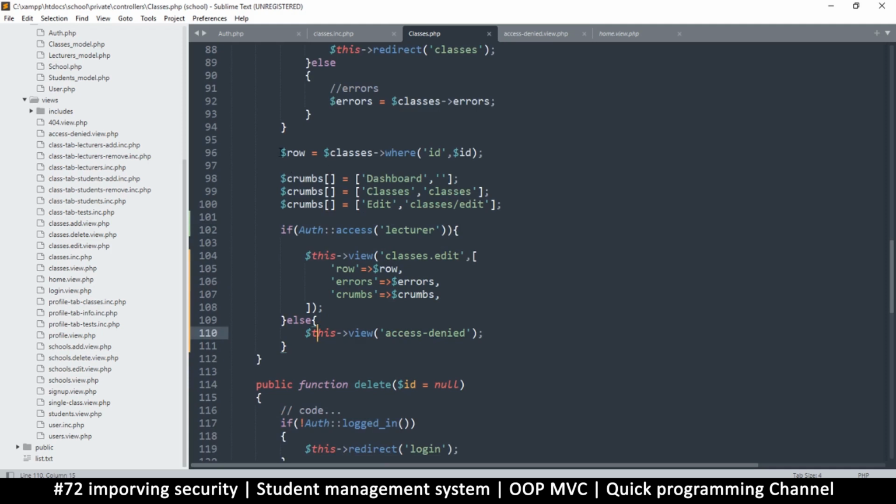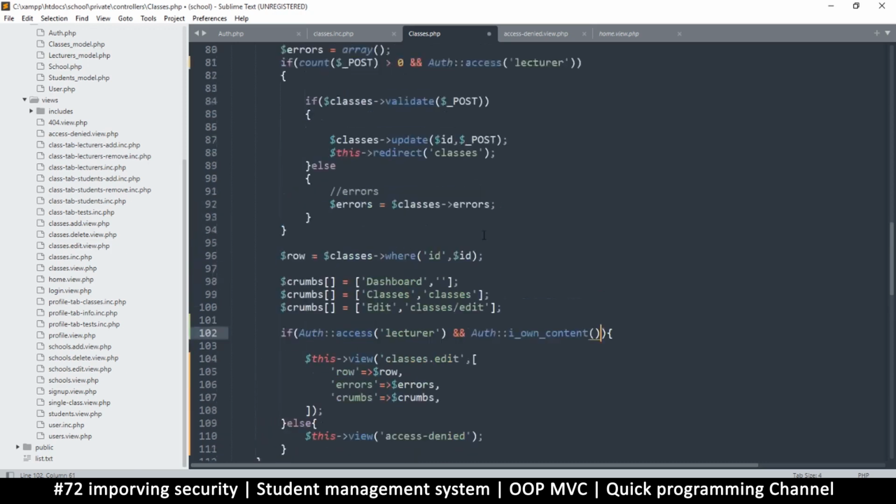Okay, so here we'll put two things, lecturer and that. So first of all, we check if the person is a lecturer, that's okay, or we check if they own the content. So we'll put an and here and paste the I own content and put auth here. If auth I own content,